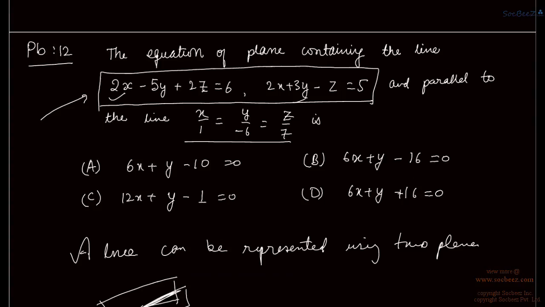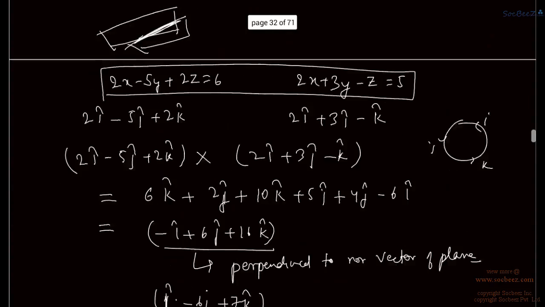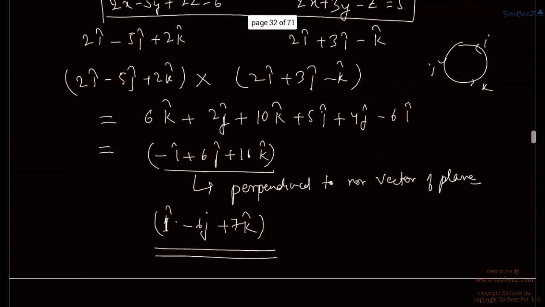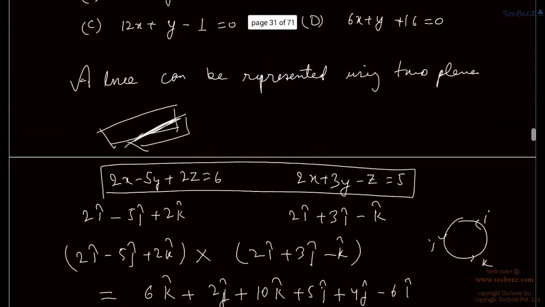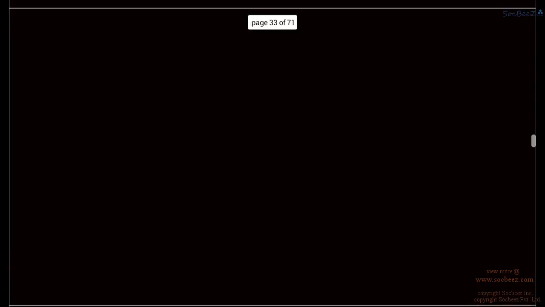But see, this method seems to be very long. So this is not for the examination point of view. We cannot follow this method in an examination as it takes a lot of time. So if we see this question more carefully, we have to find the equation of the plane which is passing through the point of intersection of these two planes and is parallel to the line. So this can be made very simple.